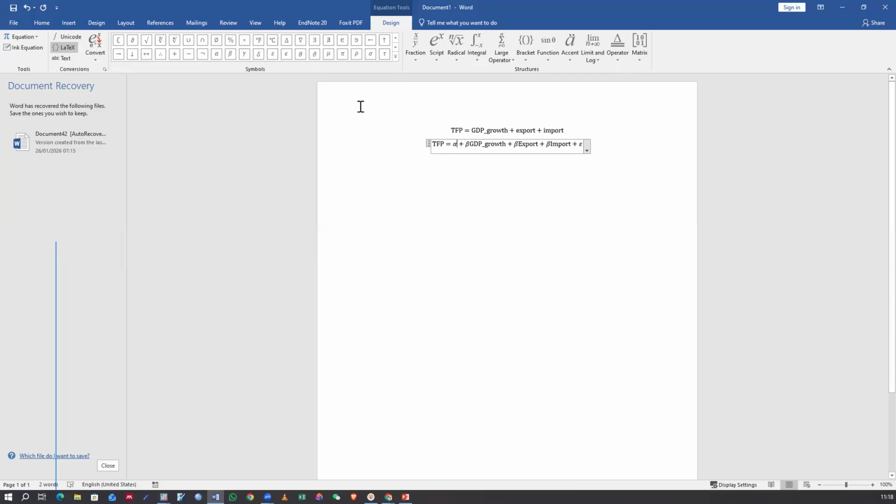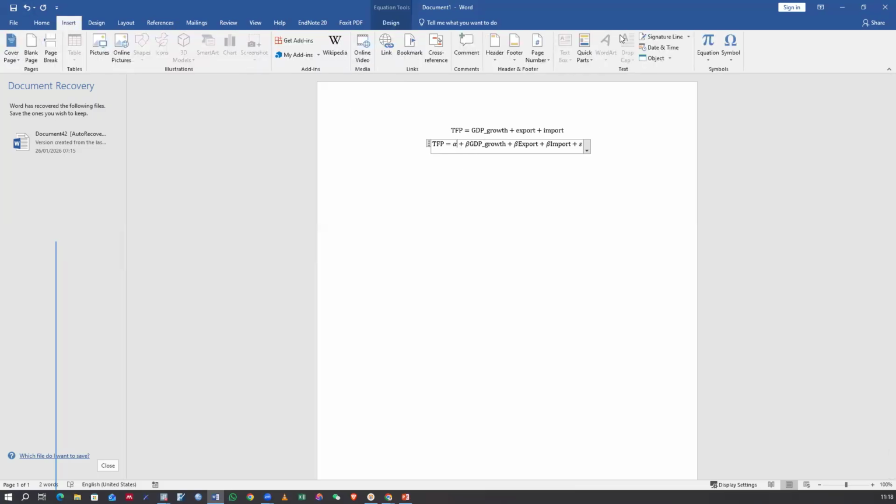Now, you can see from this angle that a constant alpha naught, then we have the first coefficient beta 1, second coefficient beta 2,